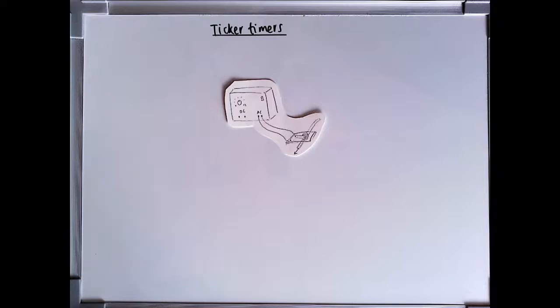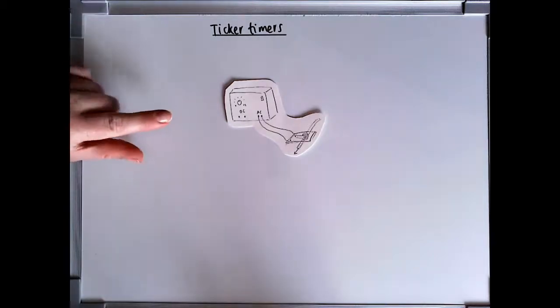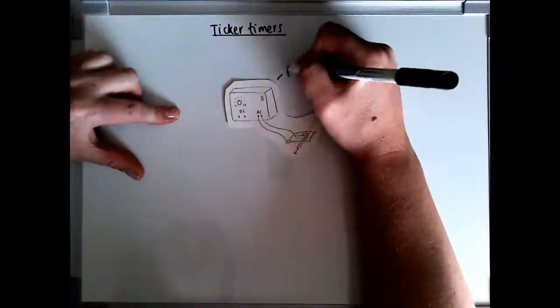So we've been looking at the topic of motion, and we've been looking at distance time graphs and speed time graphs. And we now need to have a little look at how we might practically investigate motion using something called a ticker timer. So hopefully you can see in this little drawing that I've done, we've got a power supply,